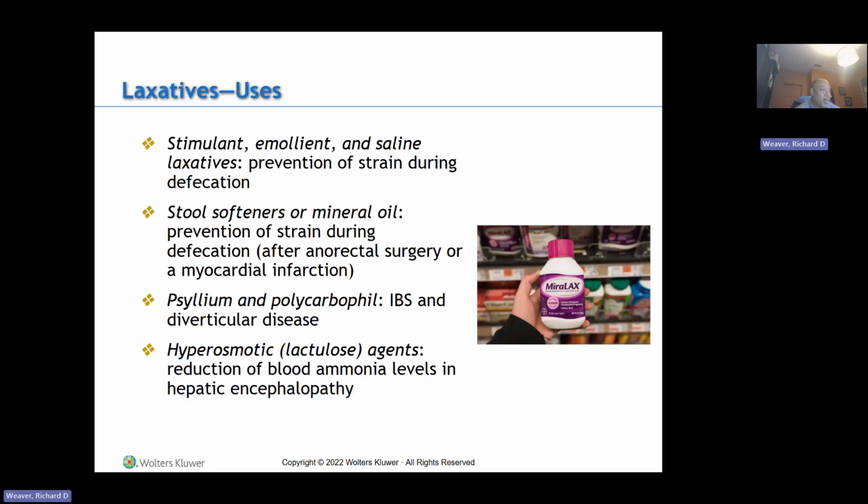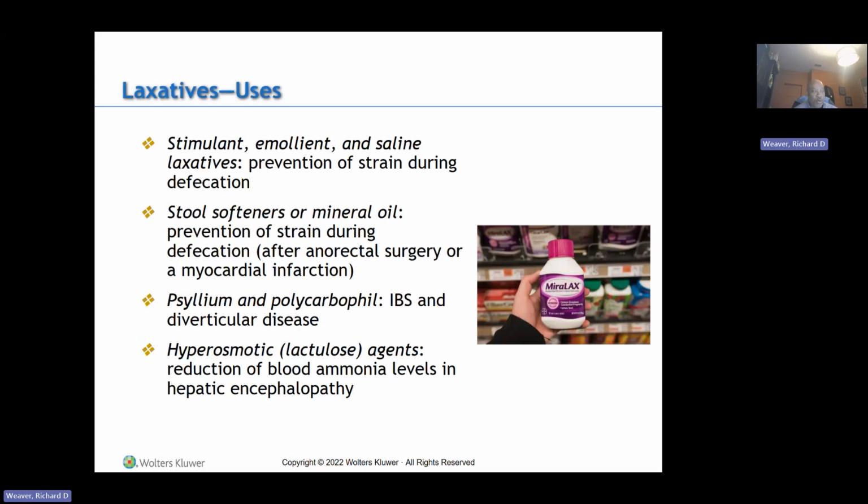Psyllium and polycarbophil, these drugs are given for irritable bowel syndrome as well as diverticular disease. The hyperosmotic or lactulose agents, remember, these are given to reduce the ammonia levels in the blood, especially in those patients who develop hepatic encephalopathy, because the liver cannot clear or convert the ammonia into urea. And so the ammonia levels increase. And that ammonia is very toxic to the neurological system. And so these hyperosmotic agents like lactulose